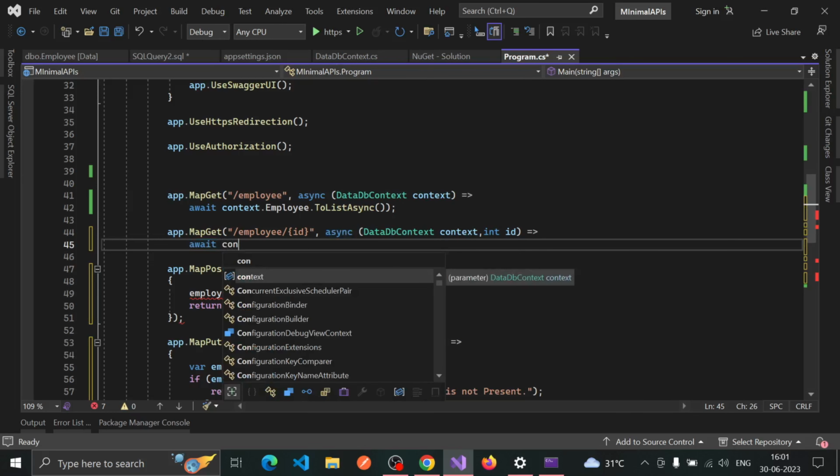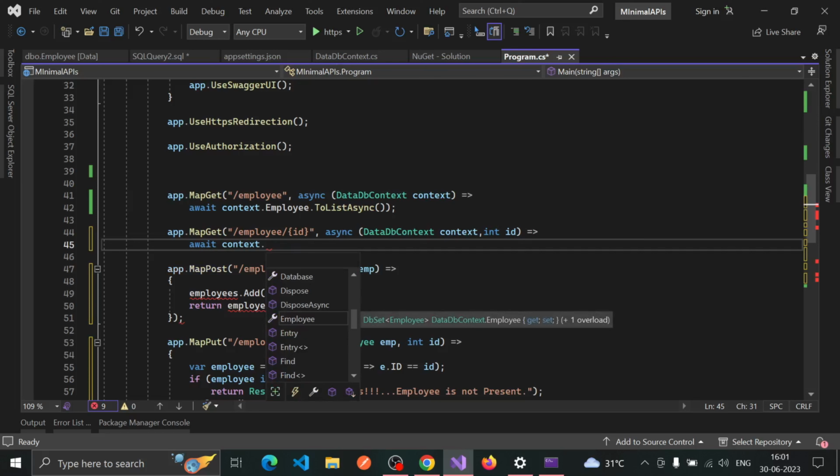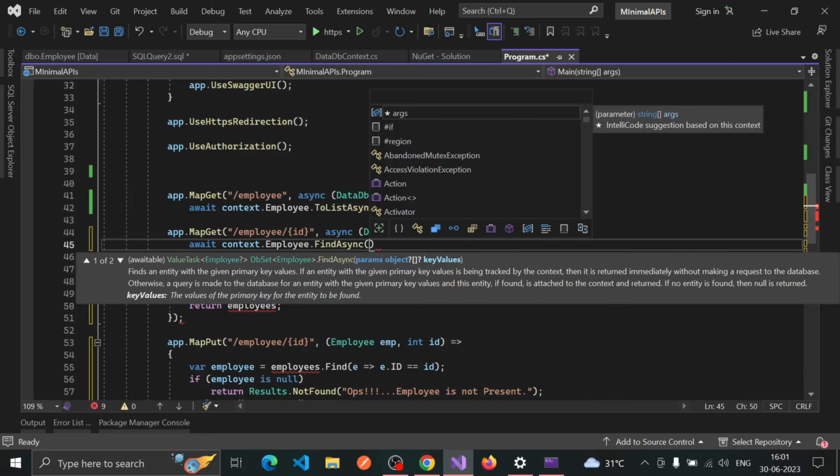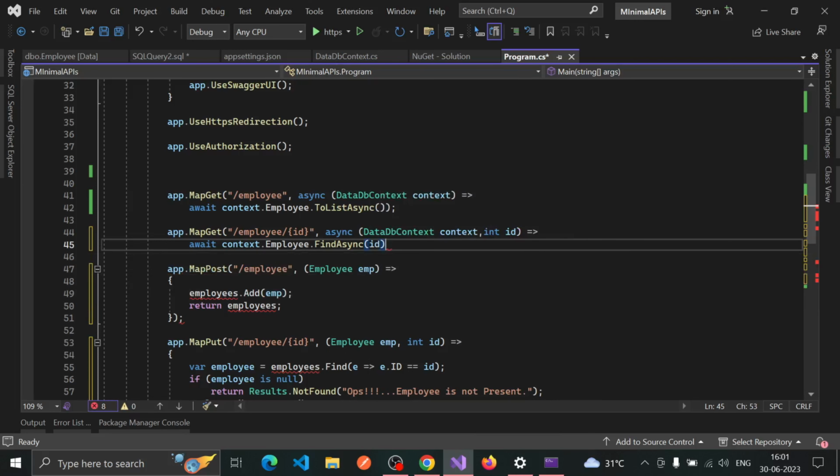It should be context.employee.FindAsync and the ID. So it's done. Now for the post method,